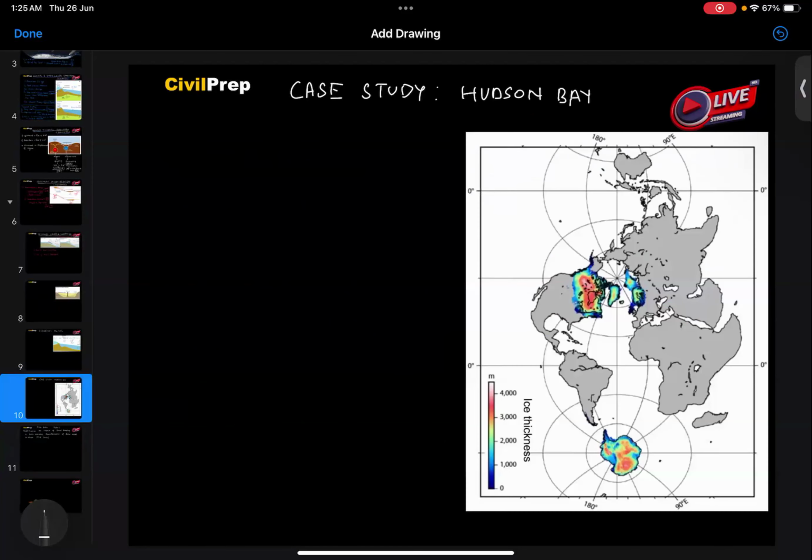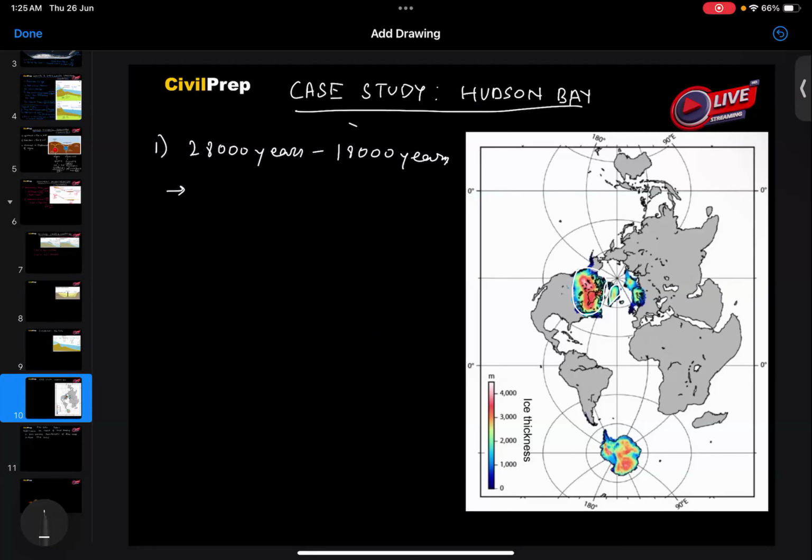Apart from this, we have a case study of Hudson Bay. So here we see that this is Greenland and this is the Hudson Bay region. So here we'll be seeing that from almost 28,000 years to 18,000 years,